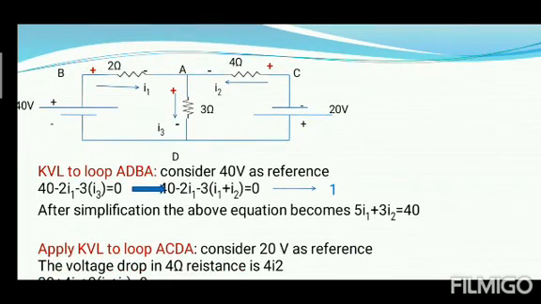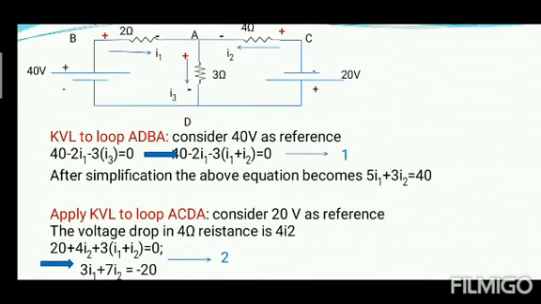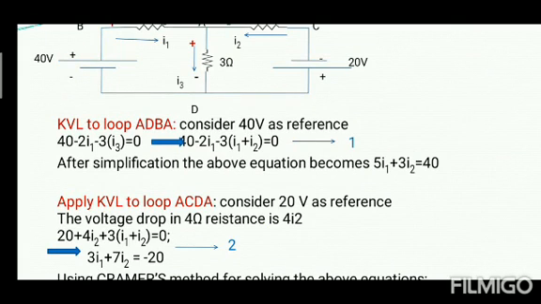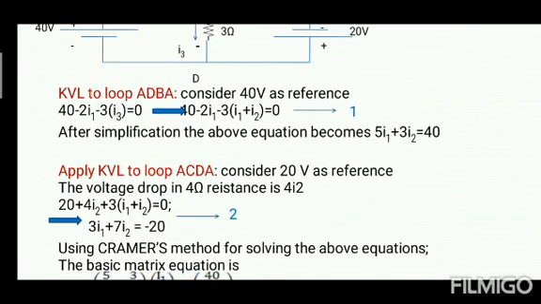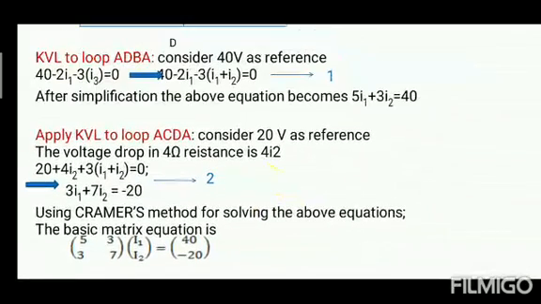And again come to the 3 ohm resistance, how it is connected to the 4 ohms. Negative of 4I2 is connected to positive of 3 ohms, so it will have the same sign as that of 4I2, which is plus. So finally the equation becomes 20 plus 4I2 plus 3 into (I1 plus I2) is equal to 0. If you simplify this, you get 3I1 plus 7I2 is equal to minus 20. We have got two equations, and we need to find two unknowns, I1 and I2.